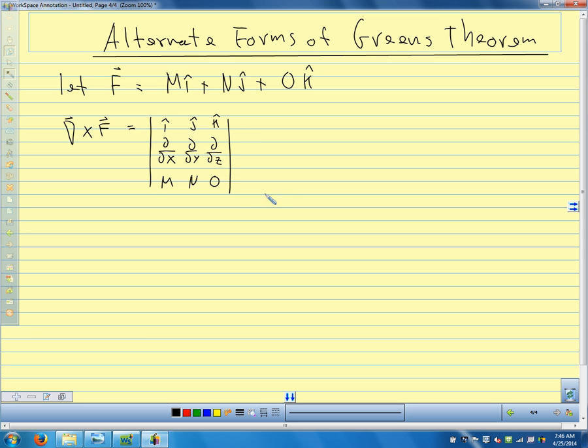So that's our curl. When we evaluate this, we end up with minus the partial of N with respect to z i hat plus the partial of M with respect to z j hat plus this quantity